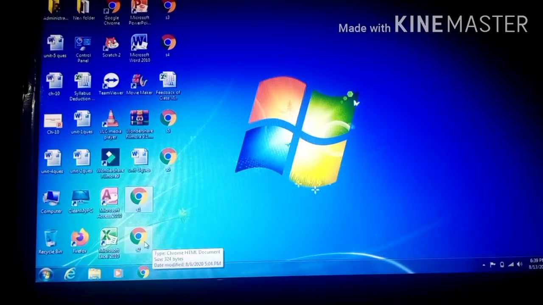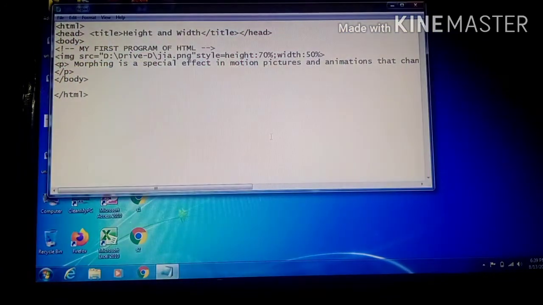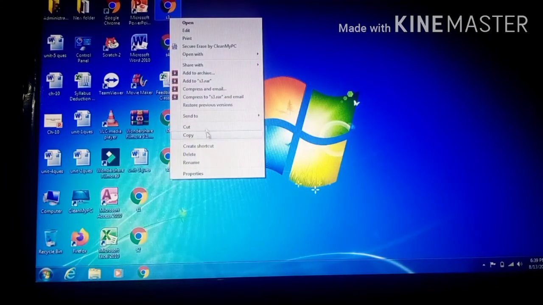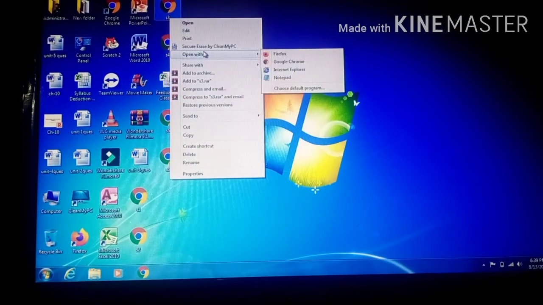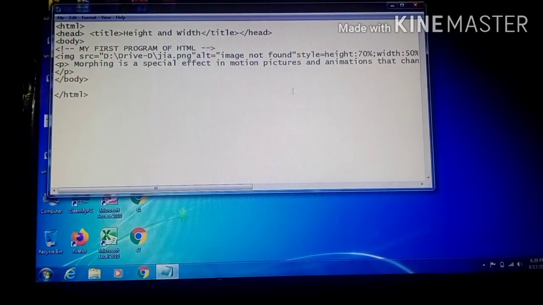S2. Next was the program in which we are using the image tag, image source, D drive, whatever I told you about how you can insert an image. This was your second program that also you have to write down in your notebook. S3. This was image source we have used, and alt tag we have used here.